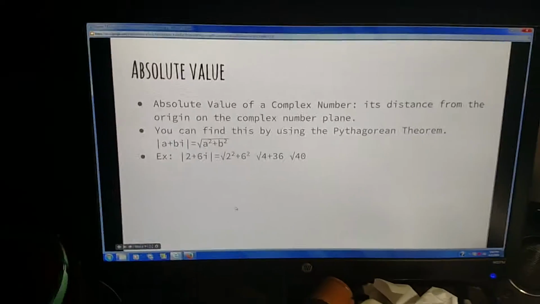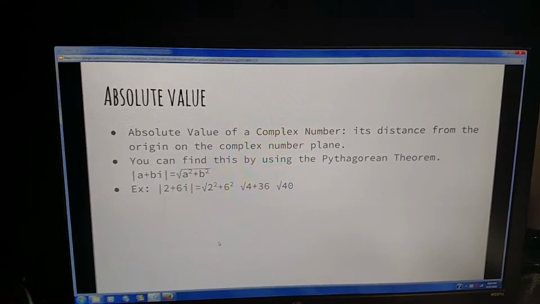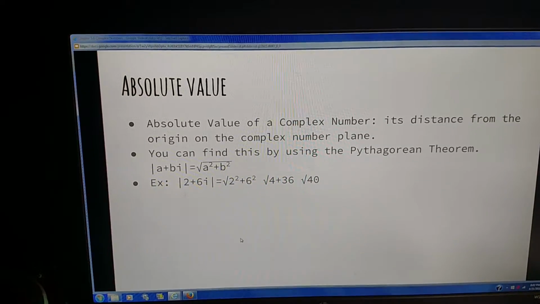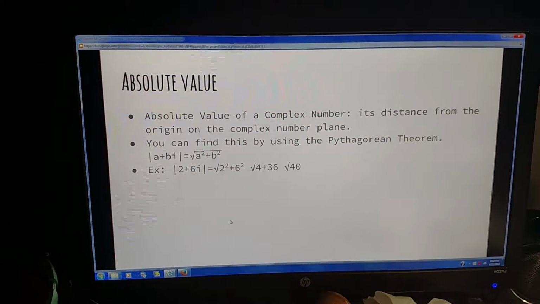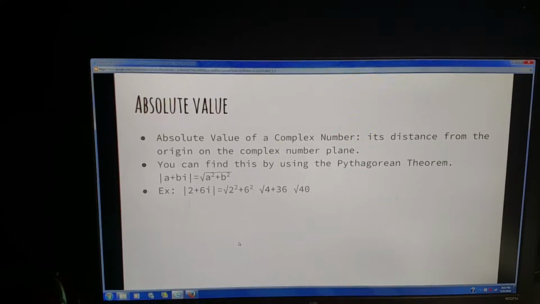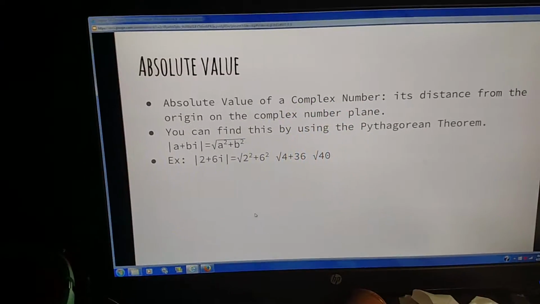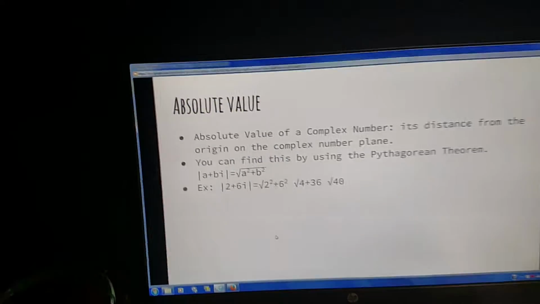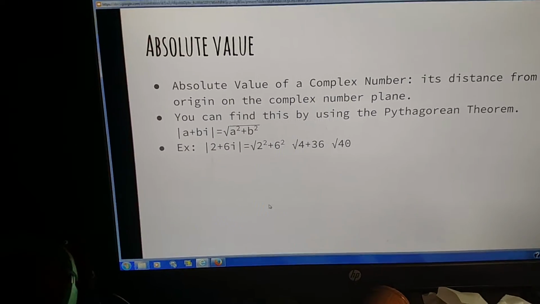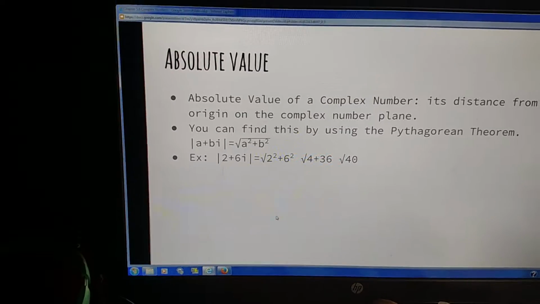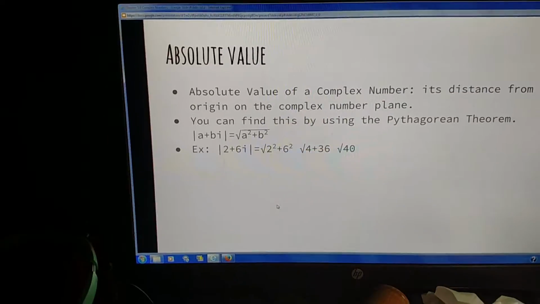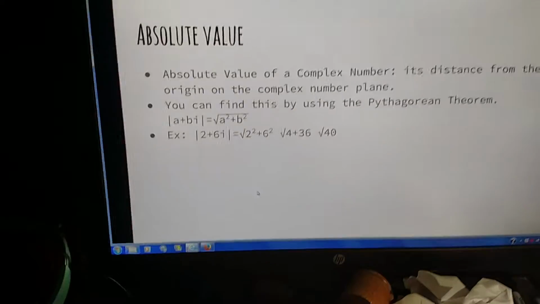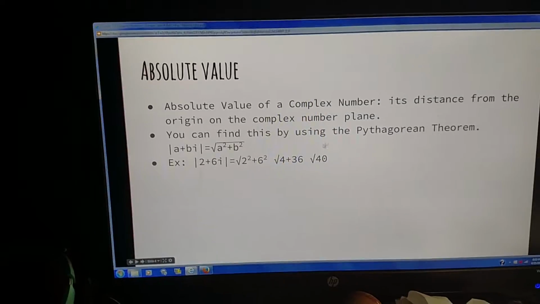Okay, absolute value. The absolute value of a complex number is its distance from the origin on the complex number plane, which is basically like a graph. And you can find this by using the Pythagorean theorem. The absolute value of a plus bi is equal to the square root of a squared plus b squared. For the example here,